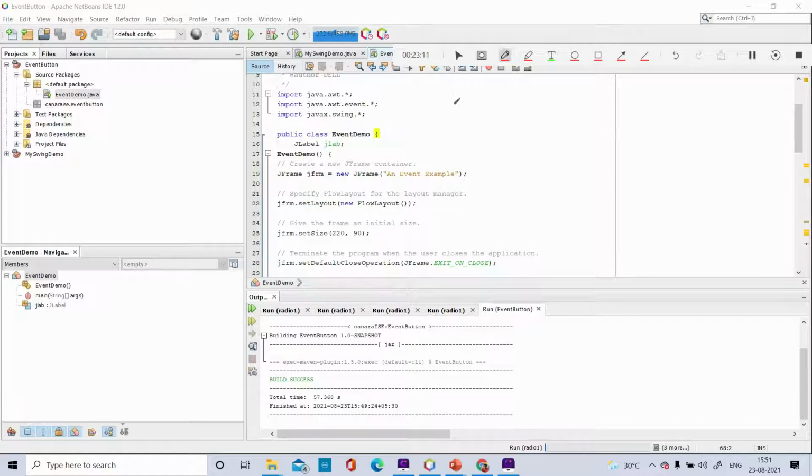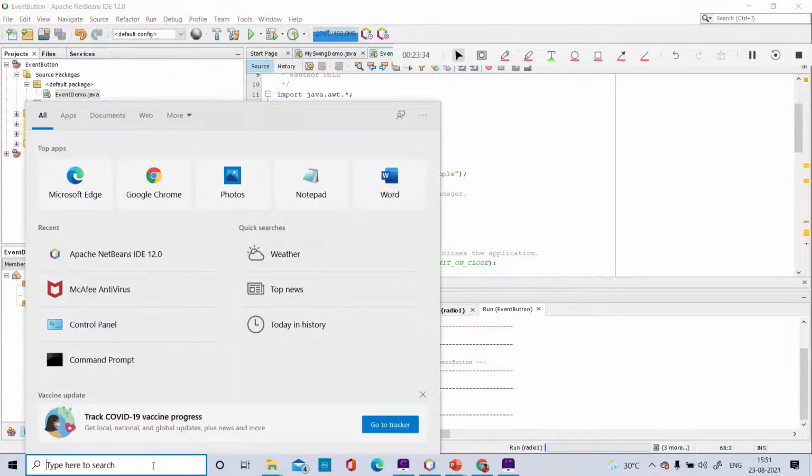Now let me take you to the next concept, which is applet. Once again we cannot execute that applet program, because applet was deprecated. Deprecated means it is an old concept, and it was deprecated in Java 8 itself. Right now my JDK version is Java 16. How do you check which is your JDK version, students?